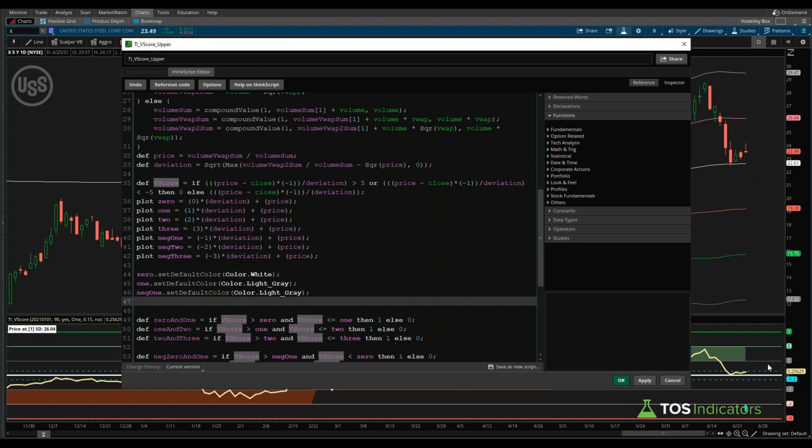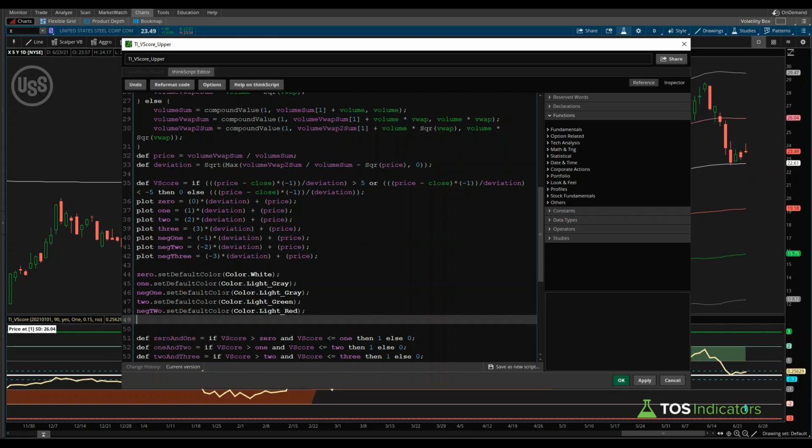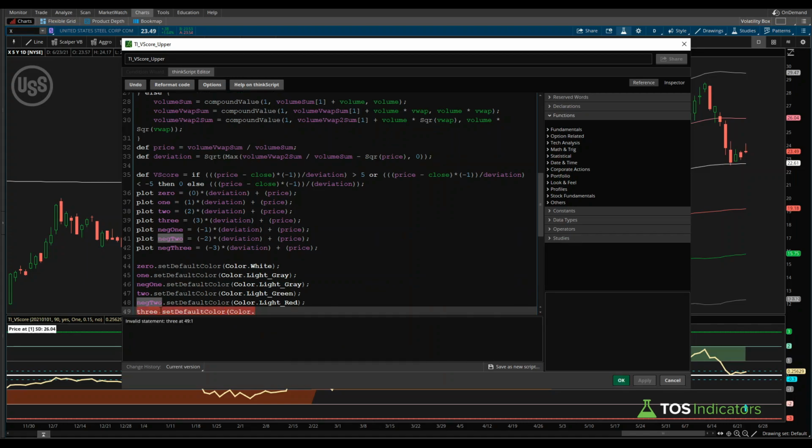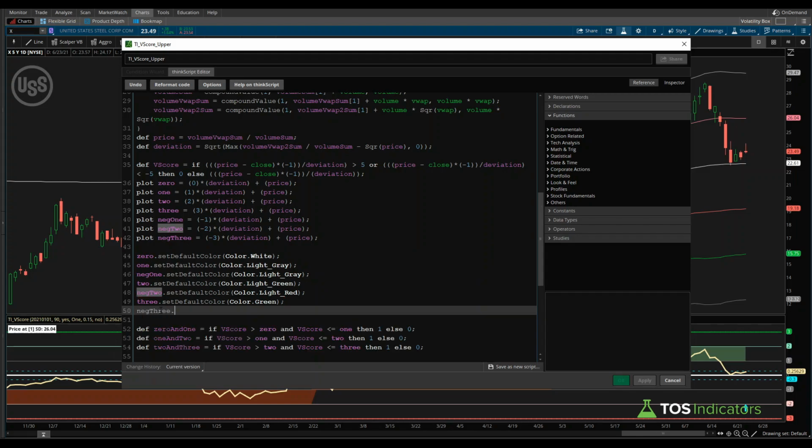Okay, now we move on to our two standard deviation line, which on our green side is a slight light green color, so we can say there 2.set default color, color.light green. And then on the -2 side, that is set default color, color.light red. And then finally, we have our three standard deviation line, which here is set default color, and that's just a strong, thick green line, so we can say color.green. And then here we can say -3.set default color, and this is going to be color.red. So now if we click apply, okay,